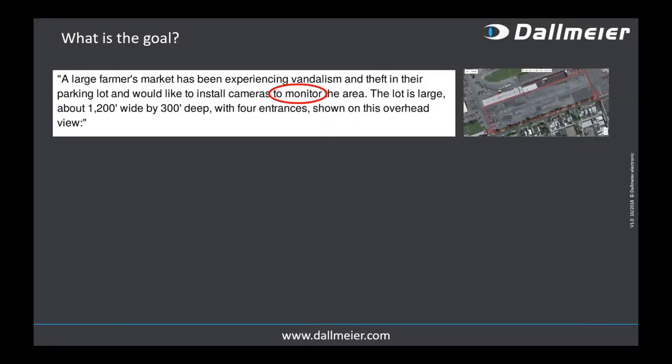Spending a little bit of time on the goal thing that we mentioned. This is actually borrowed from IPVM, a website that probably most of you are familiar with, a very neutral, completely advertising-money-free website that does a lot of testing on video technology, video surveillance. Two years ago they went out to different vendors, it doesn't matter who, that's not the point of this slide here,